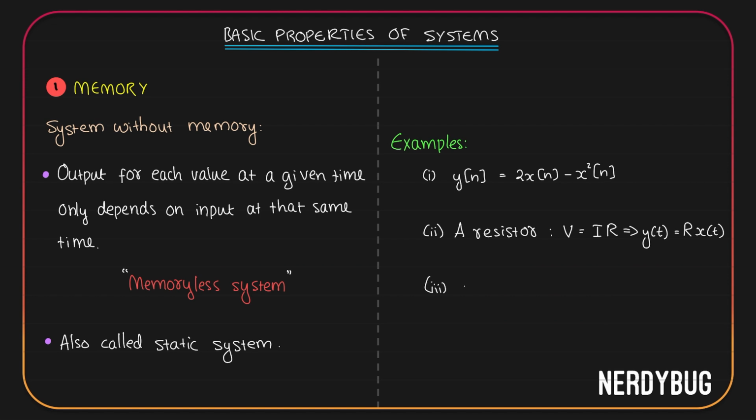I'll take a third example, a simple example. Let's say y of t is equal to x of t. Obviously, to get y of t, you need to know x of t at the same time. And how about y of n is equal to x of n? These should be like the simplest cases of memoryless systems. The systems defined by these equations have a name. They are called identity systems.